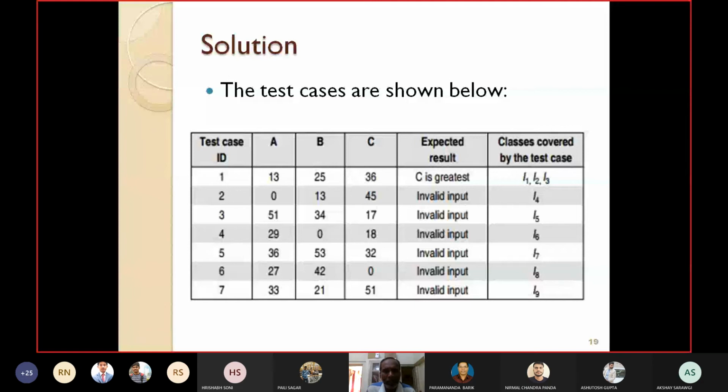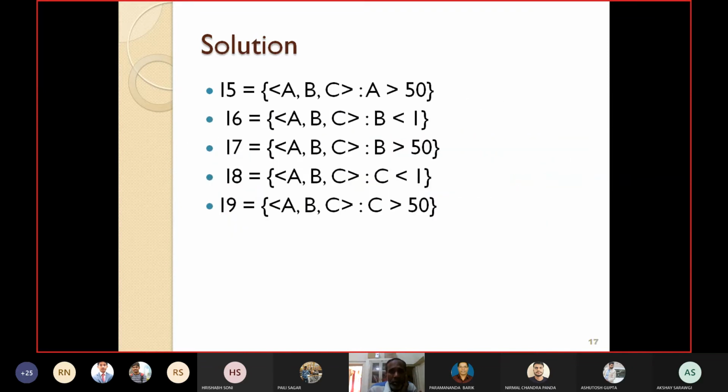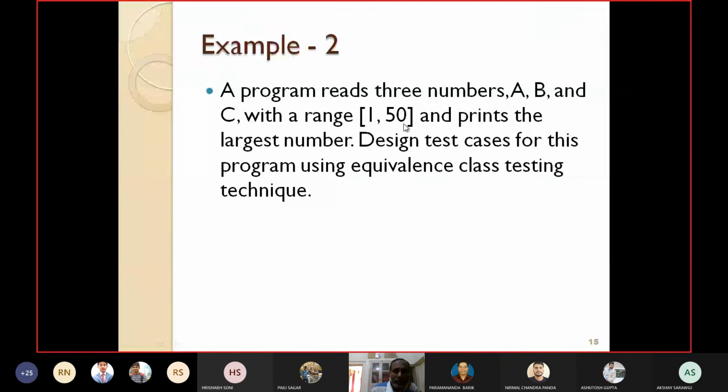Just take a sample value from every class. Had their ranges been different for A, B, C, then you would have to take specific values. But in my problem, every input value has a range of 1 to 50. And as long as one input value is wrong, obviously the output will be an error message. So how does it matter whether B and C are valid or invalid?